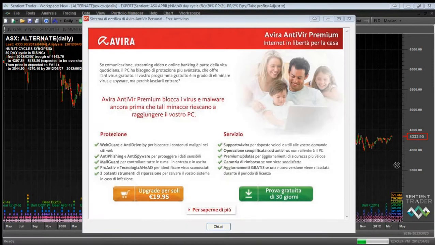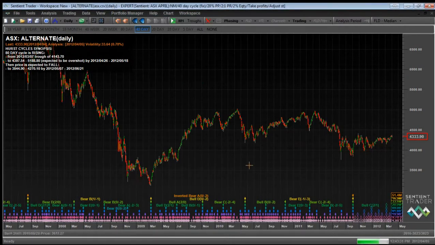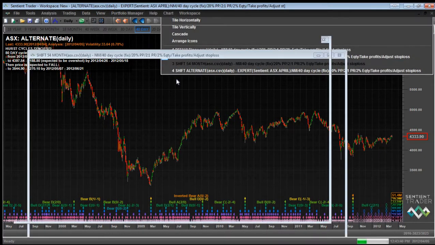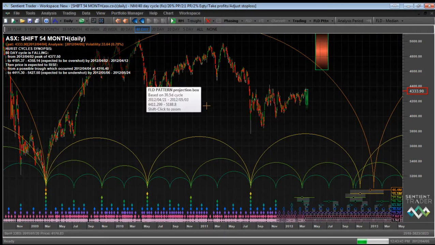Okay, so having an inverted shape at the 54-month cycle level is a sure sign that there is something wrong with this analysis. So what do you do? Well, again, you very simply create a new